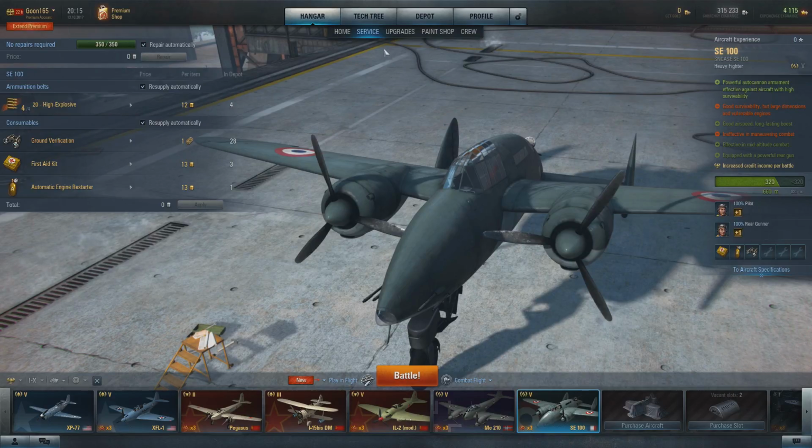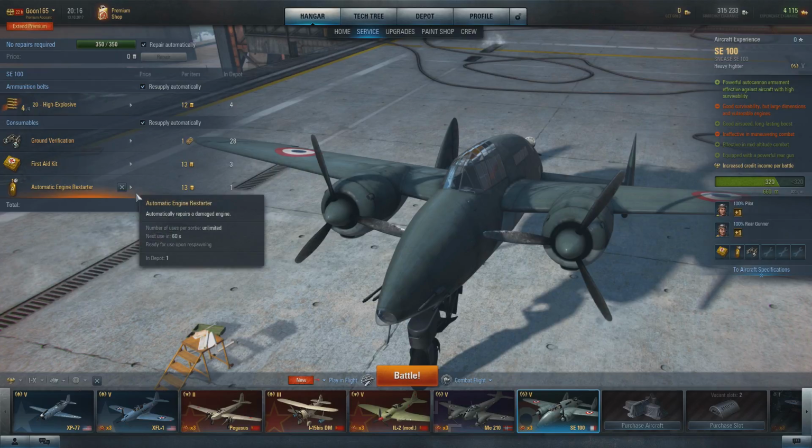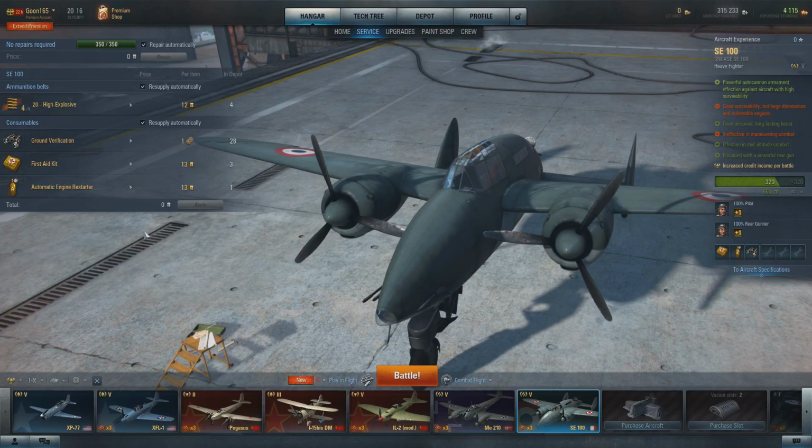Now, I have serviced the aircraft. We have the premium first aid kit, the premium automatic, well, I suppose it's a fire extinguisher, but, well, engine restarter, if our engines do get knocked out, which apparently is a thing, that's a negative thing in these statistics, even though those are very generalized things. Ground verification, so we increase the number of credits that we get, because we're going to be buying modifications, and just because the pack came with it, and I want to see if it's actually worth a damn, or actually